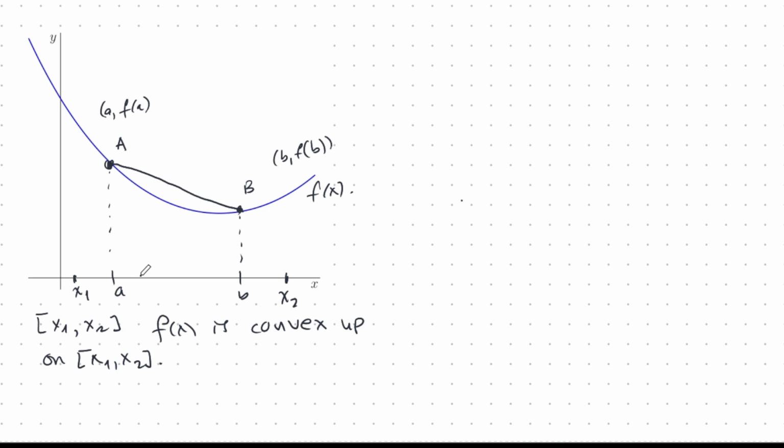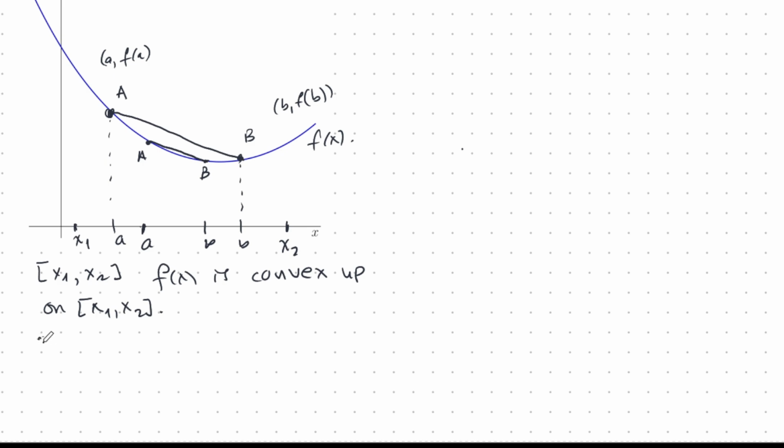So if I always have this property, let's say I move a over here and b over here, so I have another chord like that. So A, B, it's again above f of x. So for any points a and b with x1 less than or equal to a, less than or equal to b, less than or equal to x2, a and b are in this region from x1 to x2. And if for any a and b that we choose here in x1 and x2, the chord AB is above